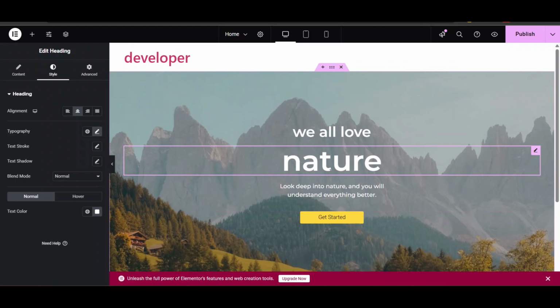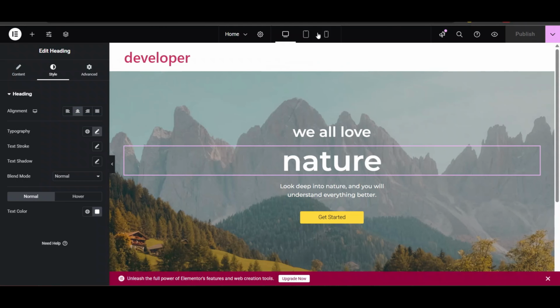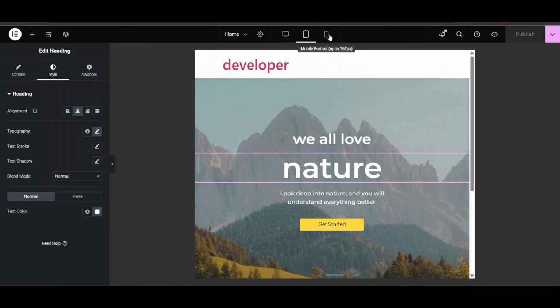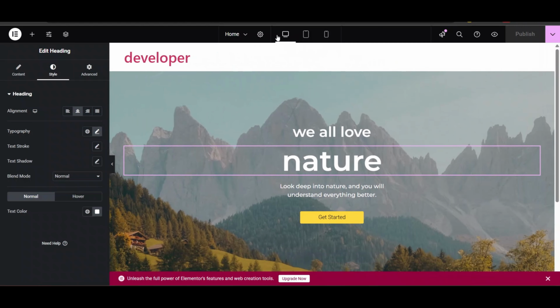Now it looks better. Styling is a very important part whenever you are creating something. Earlier it was very simple. After styling, you can see it's looking much better. You can view it in different views and change the styling as per requirement. Everything is looking perfect now. So that's why you can style any section and customize everything as per your need.